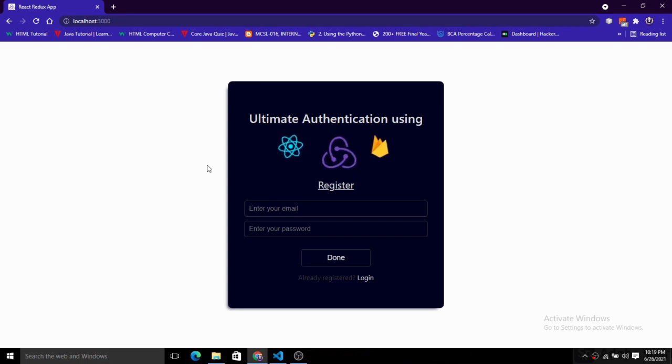In this video, we are going to build an ultimate authentication video tutorial using React, Redux and Firebase. Because we need authentication in almost every application that we build today, and this is the most important and crucial step for any application, right? And one more thing, after the end of this video you guys can build a very efficient authentication system just like this that we are going to build today.